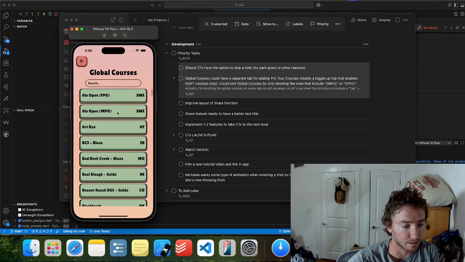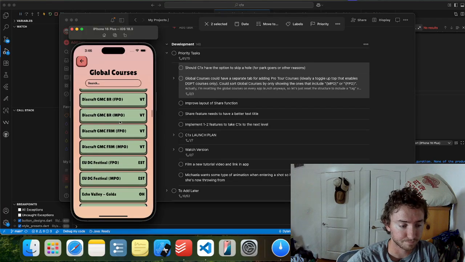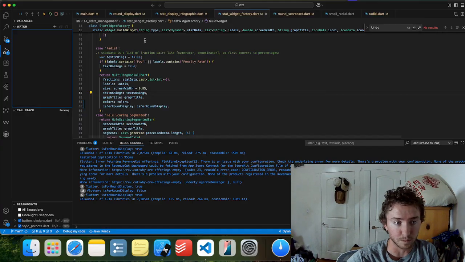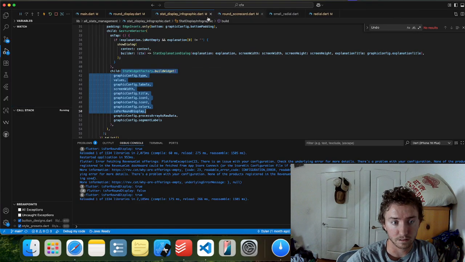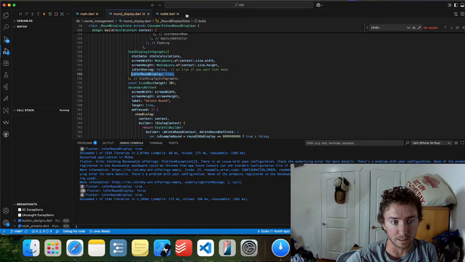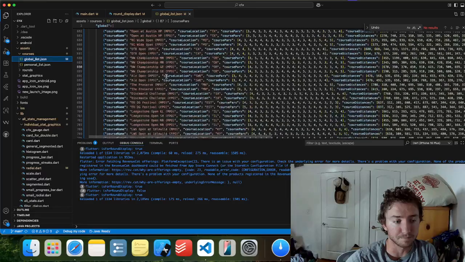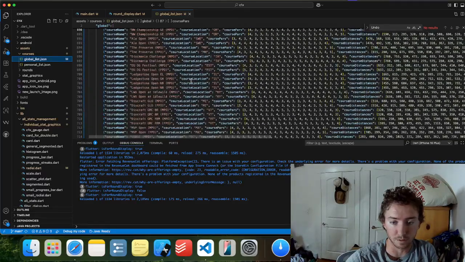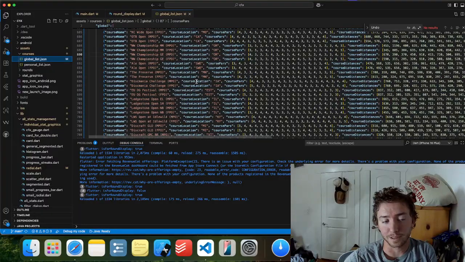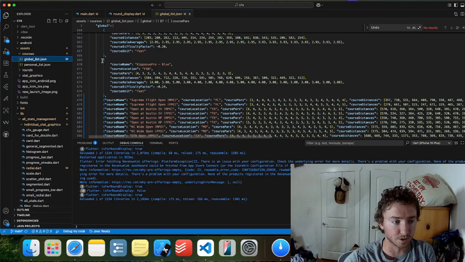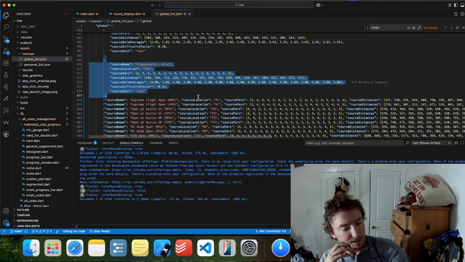I am noticing that my implementation did work, so all of the Pro Tour courses are in here, all the ones with the MPO or FPO after it. So we've got a whole bunch of new courses that do appear to be working, which means my spreadsheet works, which is good. All of these one-liners are the new ones I added. I'm still missing a few for next year, but that's because the caddy book forms aren't up yet. They're in the same structure as these, just not spaced out at the moment.